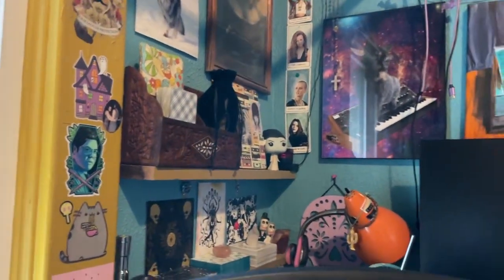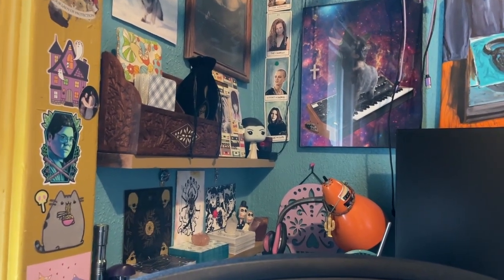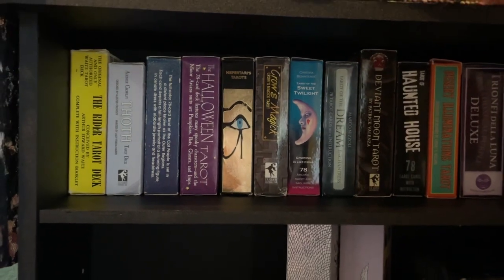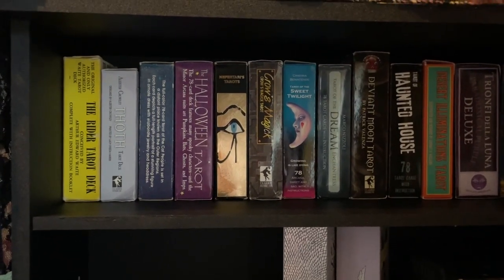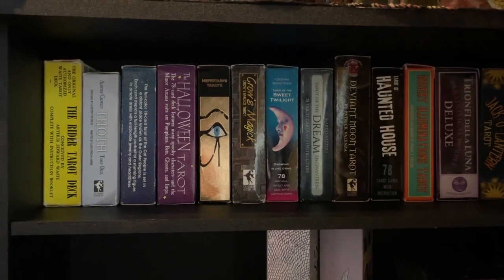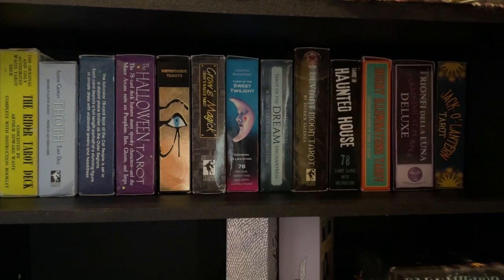This is the other location for decks that I keep referring to. So, I've got Marigold up there. I've got Egyptian in the other room. I've got Mermaid in sort of the off-season case that I have. And then there's Thoth, Rider-Waite-Smith, Tarot of the Cat People, Halloween, Nefertari, Crow's Magic, Tarot of the Sweet Twilight, Tarot